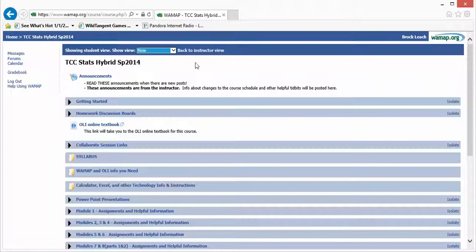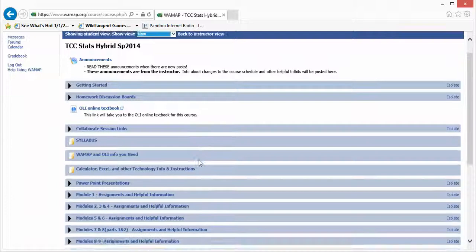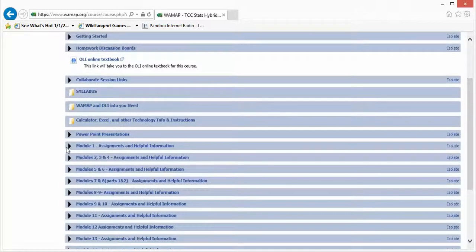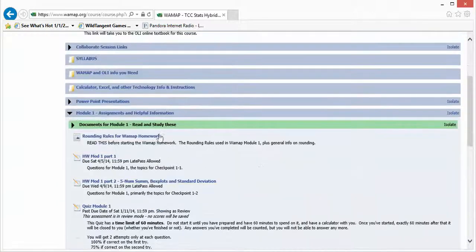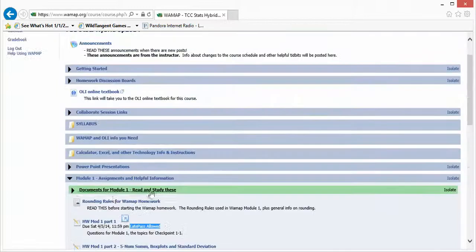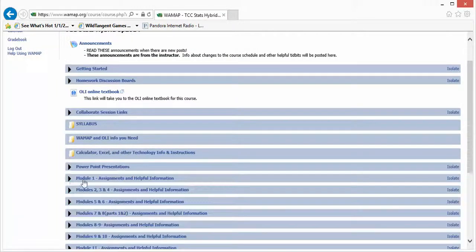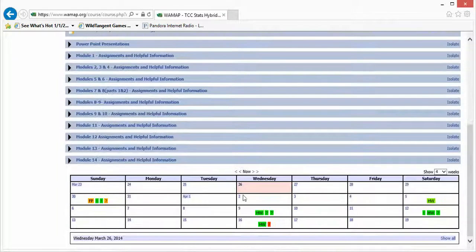Now, in order for you to use the late pass, you have to click on it before the due date hits. Where you're going to find the late passes are next to the homework. So here it says late passes allowed. This would actually be a blue link for you which says use late pass. And if you click on that, it'll extend the due date of that assignment 24 hours from its original due date. So you need to plan ahead for those. But again, any unused late passes are extra credit at the end of the quarter.